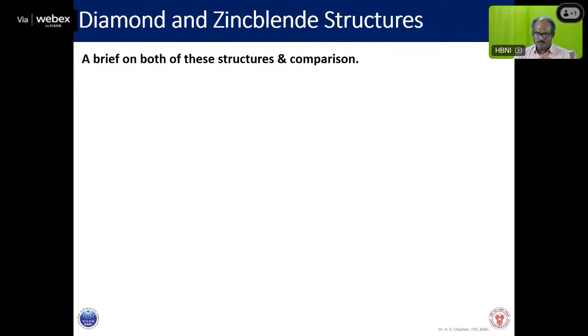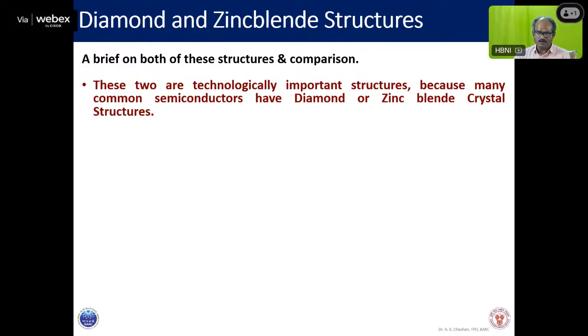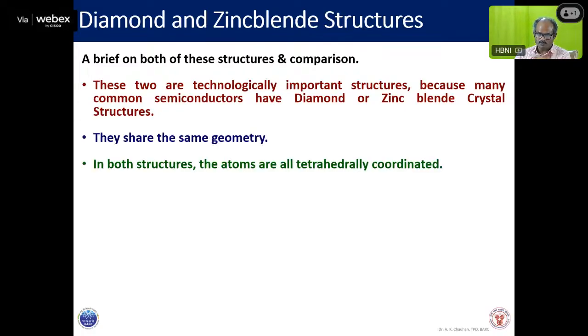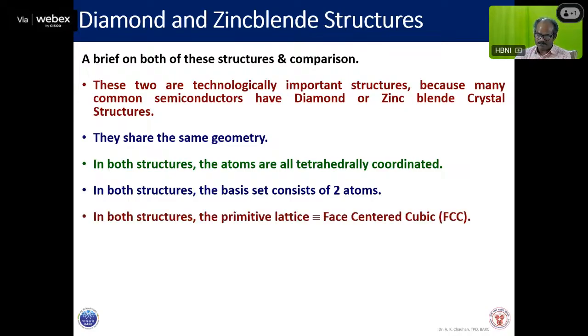Now just briefly, I will compare both these structures. These are technologically important structures because many common semiconductors have diamond or zinc blende structure. They share the same geometry. In both structures, the atoms are tetrahedrally coordinated, because each atom sees four neighbors. In both structures, the basis set consists of two atoms, and in both structures, the primitive lattice